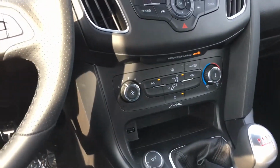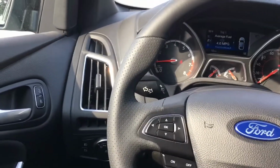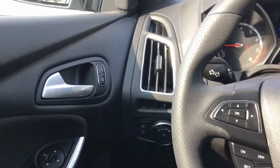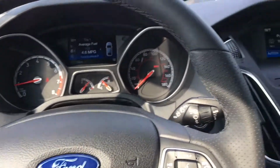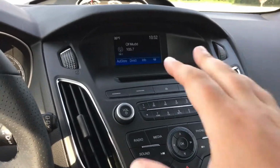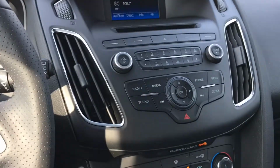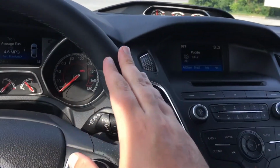Now that's more than likely going to be in the trunk, being that I haven't seen an ST2 package in person just yet. That's the only place I could think of, because I have seen certain pictures where I believe it was put into the trunk. And then you're also going to get dual zone electronic automatic temp controllers. You're going to get an HD radio instead of the smaller radio we have right here, which is not a touchscreen. It's all analog, so everything is controlled from right inside here. You're also going to get your HID headlights up front with the ST2 package,